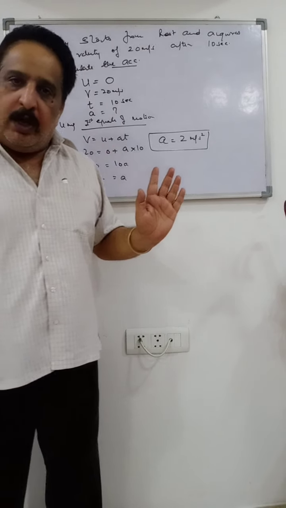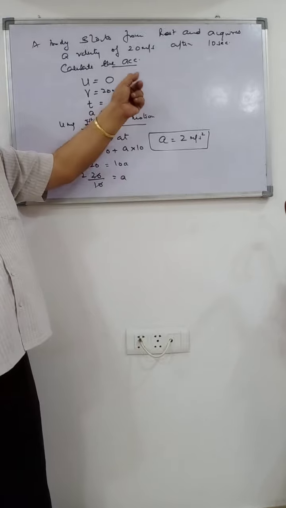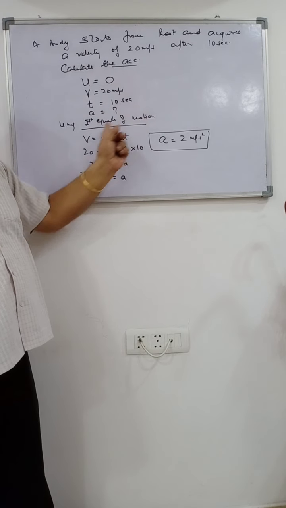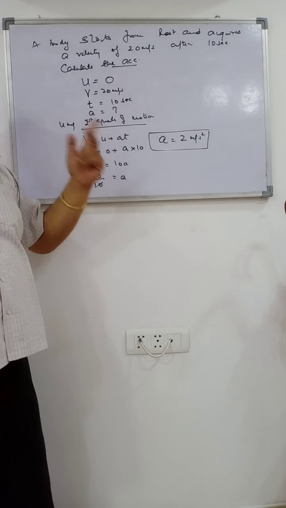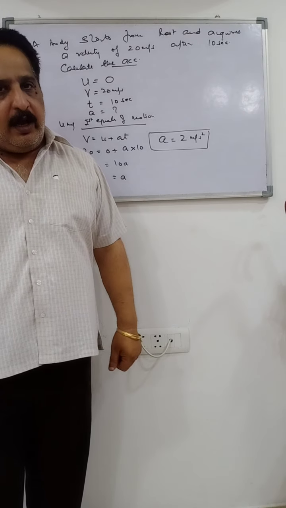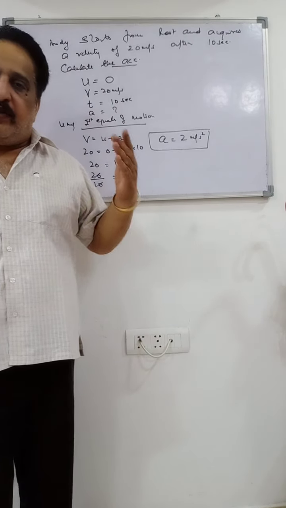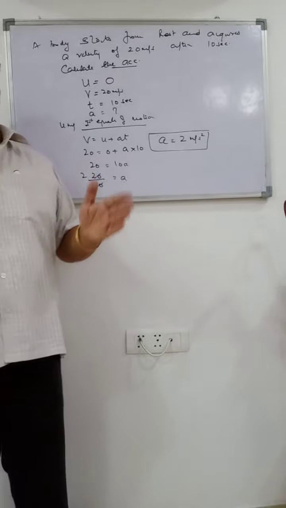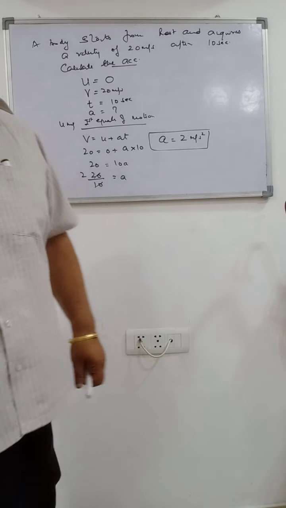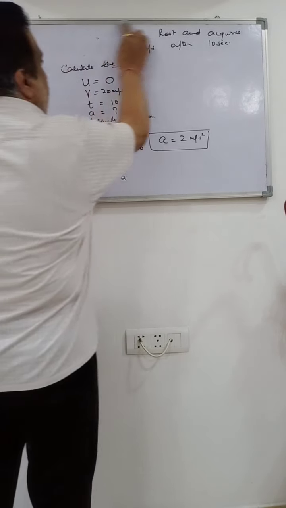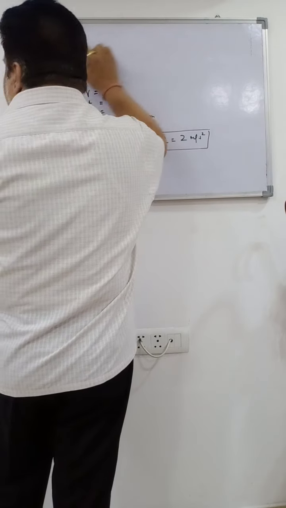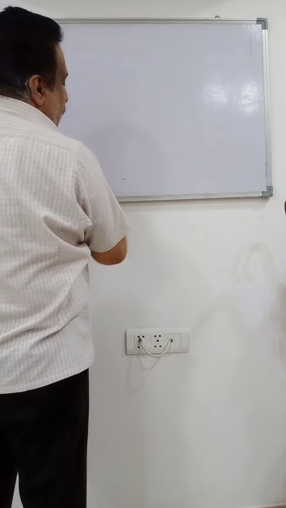Have you understood? You have just to read the question, then put in the values of these quantities in this first equation. You have to select the equation and then put in the values. Is that clear? So these are simple questions. I have given the quantities in SI units. You have to calculate in SI units only. Okay. Moving on to the second question of the day.